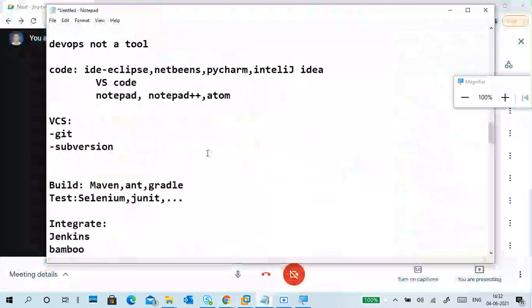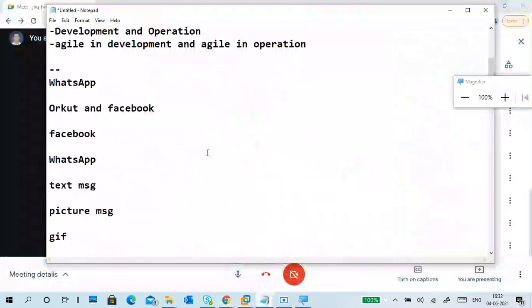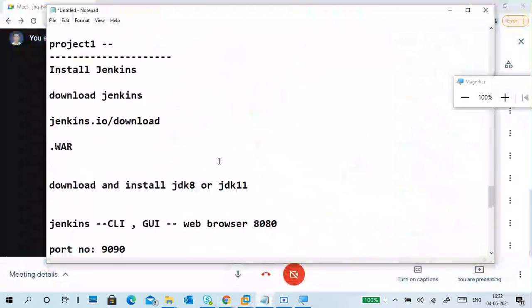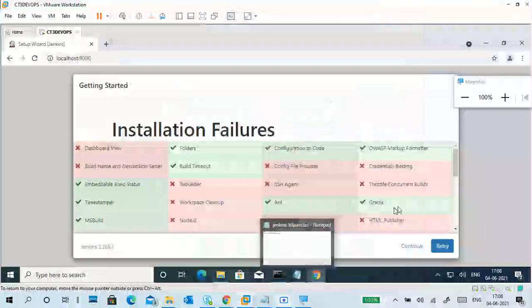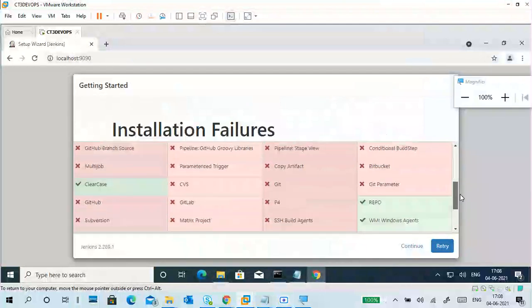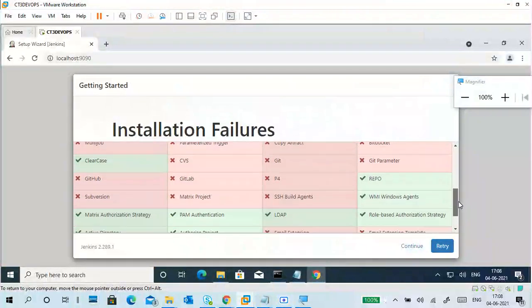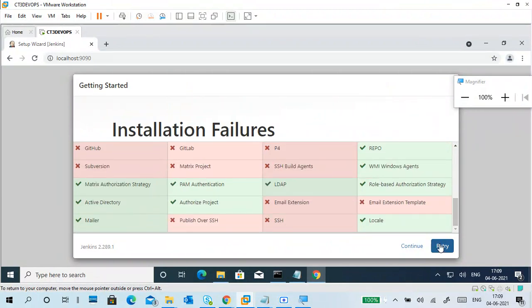What can we do? When you see that certain plugins, mainly the ones you require, are not installed, you can either retry or continue. Retry will take time. My suggestion is retry.